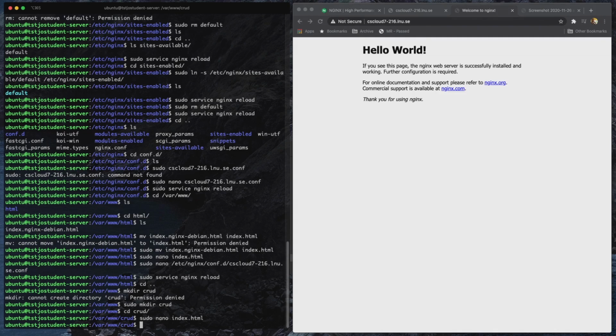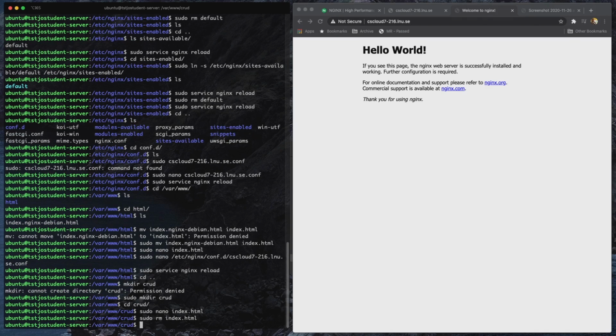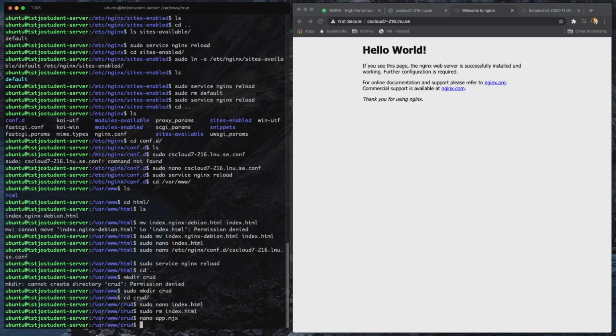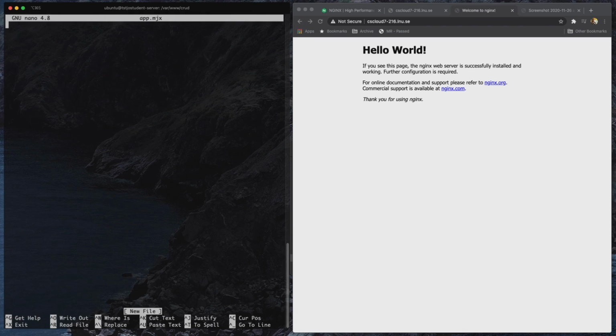That meaning that in this folder we could go back to how we worked with Node and npm, and in this one I could just remove the index.html, and we can create an app.mjs. Not writable, sudo nano app.mjs,